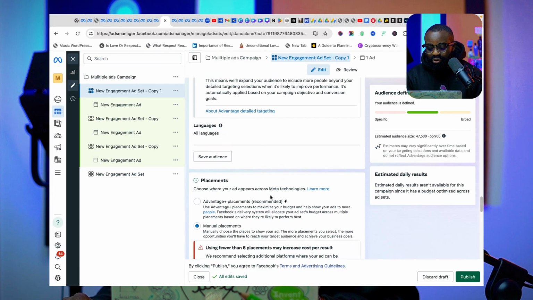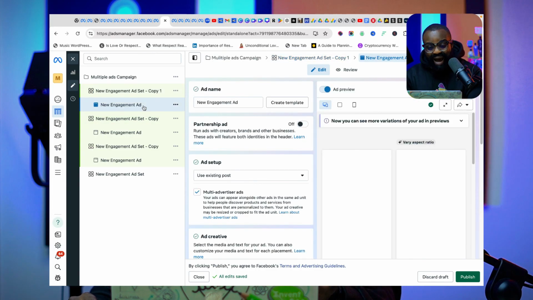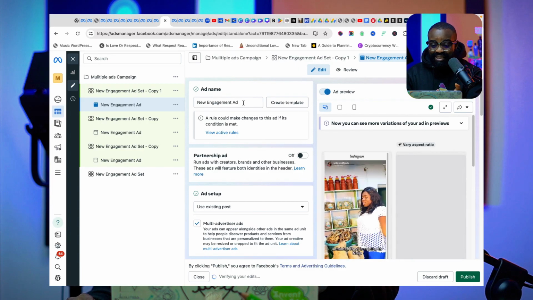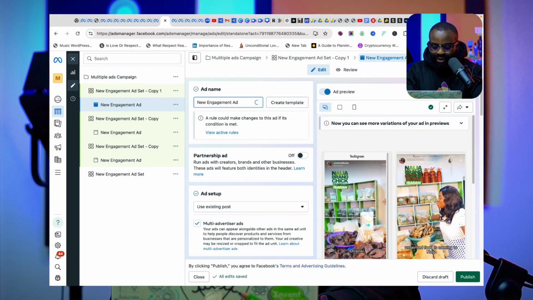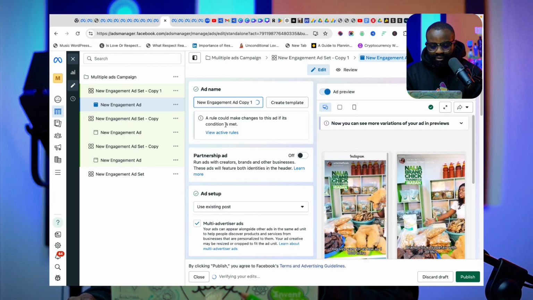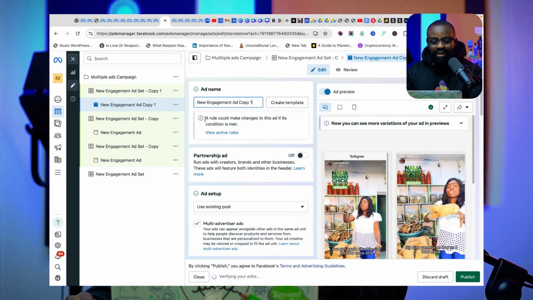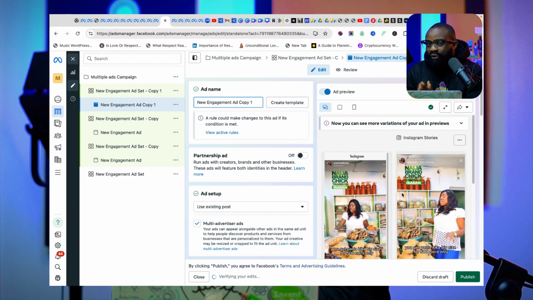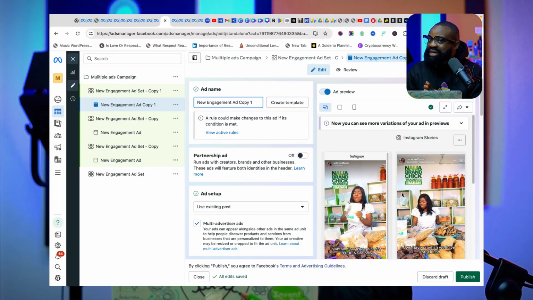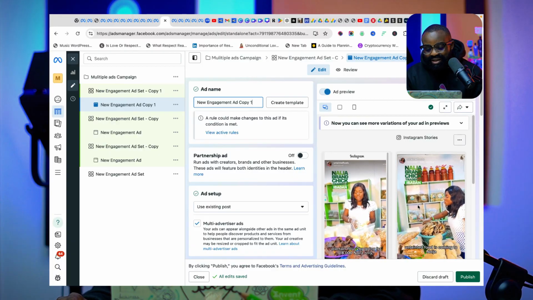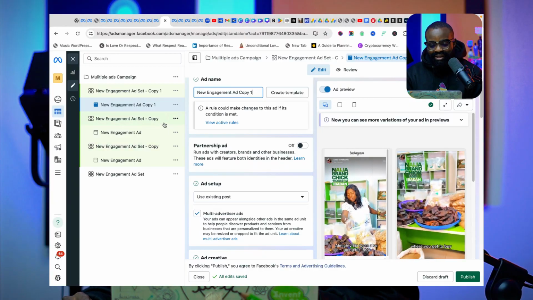So once that is done, right, I come to the ad here. You know what we just edited is the copy one, the ad set for copy one. So now the ad for copy one. So I can call this copy one. Are you following me? So now that I've called this copy one, what it means is that I can also change the post for this advert. Remember, we're still on the same campaign, but different ad sets. So I can change the post for this advert and pick another post for this ad. So once I'm done with that, that is copy one.